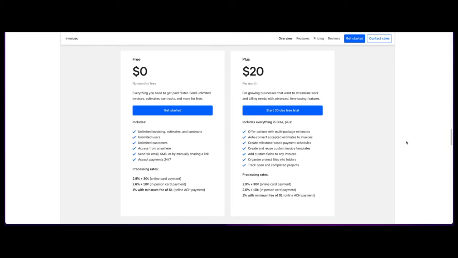With the free plan, you can send unlimited invoices, estimates, and contracts. You have unlimited users, which are employees, and unlimited customers. You can access it anywhere. You can send invoices, estimates, and contracts via email, SMS, or by sharing a link, and there are no time